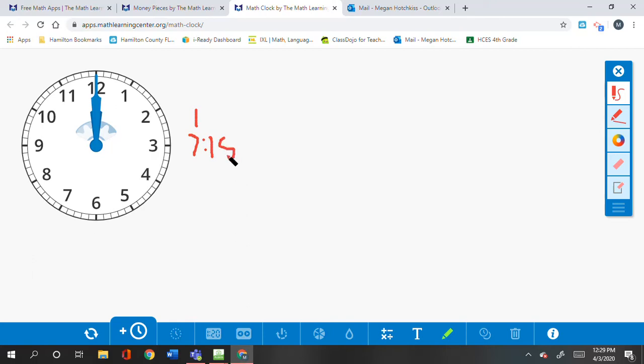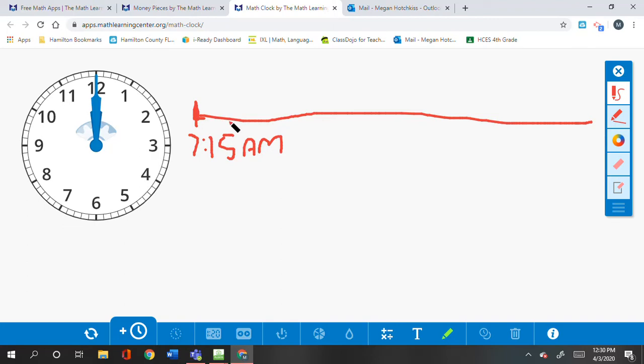7:15 a.m. All right. She started at 7:15 a.m. It took her 15 minutes to get dressed. So if I'm going to move my number line 15 minutes, I'm just going to say that we're going to